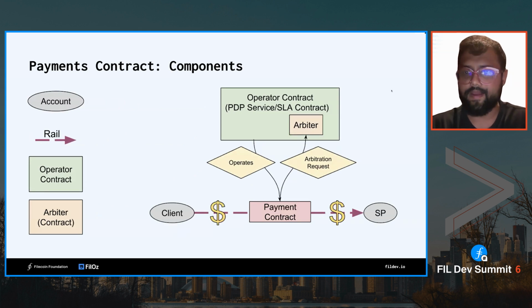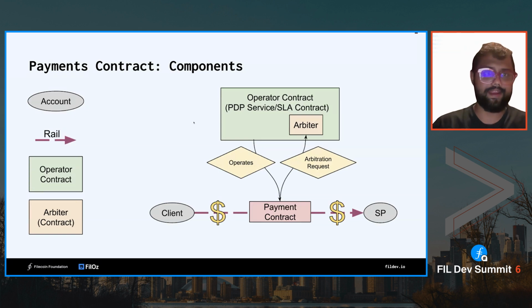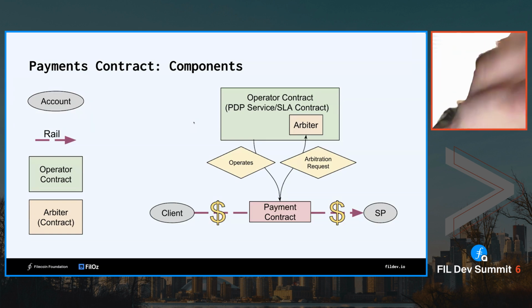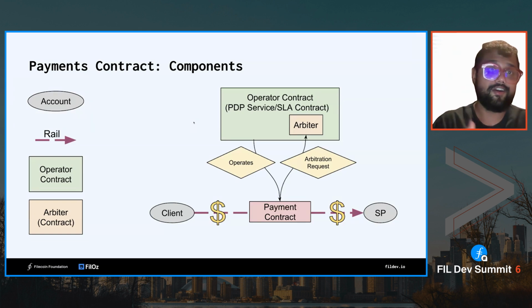So yeah, this is the payments contract. Can you guys see my slide now? Okay, awesome. So this is the payments contract. Like I said, it supports point-to-point payments with lockup between a client and a service provider in any ERC20 token. You can do fixed one-time payments with it, where I can just send you one USDFC and we are done. Or you can do rolling payments,